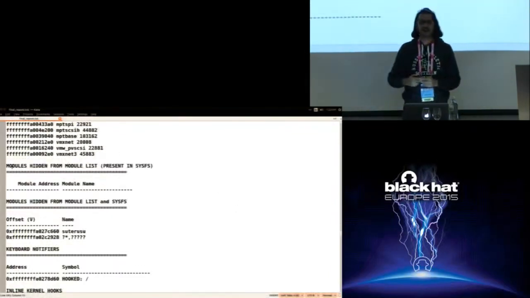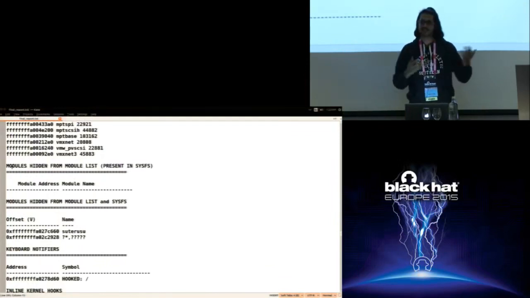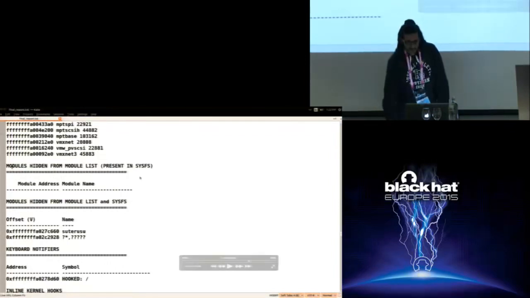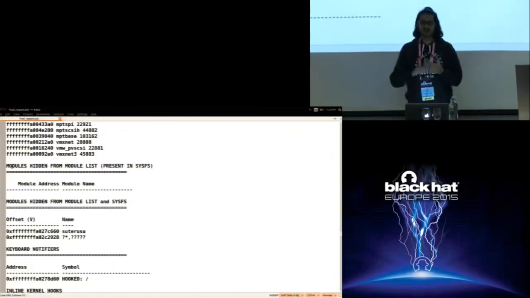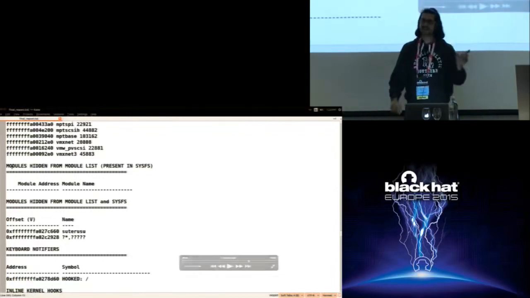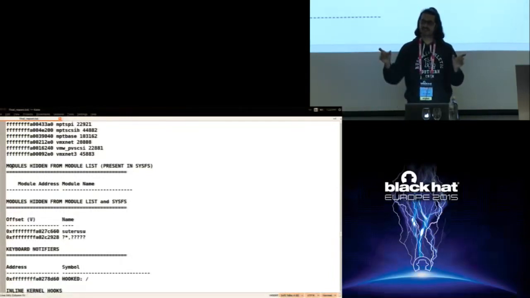Linux also keeps track of the active modules basically in two places. One is /proc/modules, which lsmod relies on, and there is also a file system called sysfs. Inside sysfs, there is a directory created for each active module, which contains information about the name of the kernel module, the sections, and so on. So if you want to detect a hidden kernel module, you can compare the list from the module list with the list from sysfs and look for discrepancies. In this case, what happened is it unlinked itself from the module list. It also hid itself from the sysfs list.